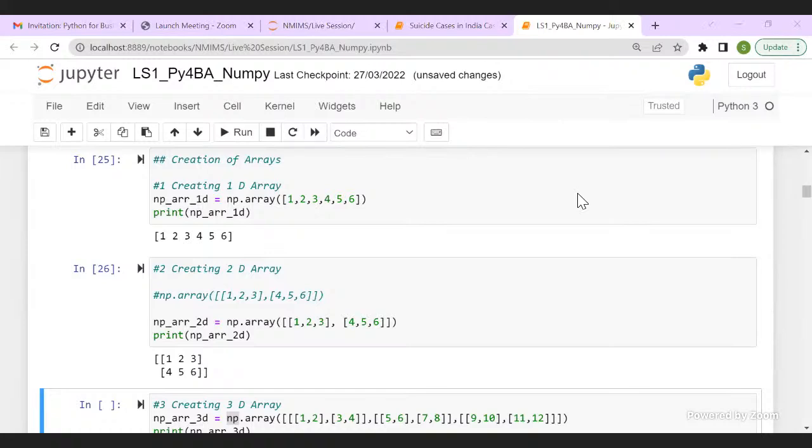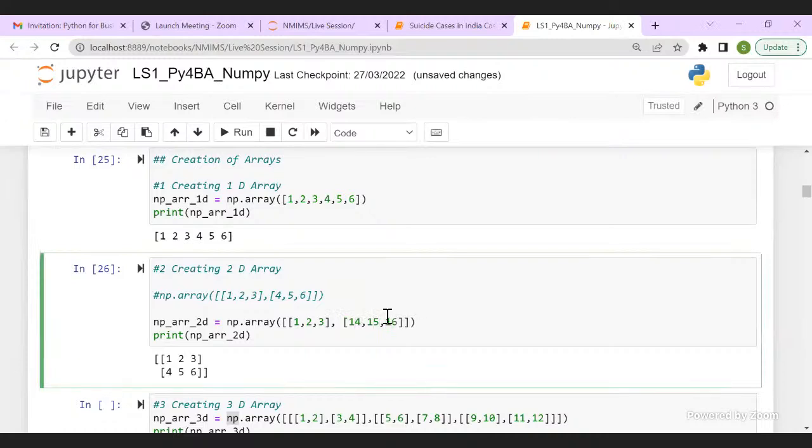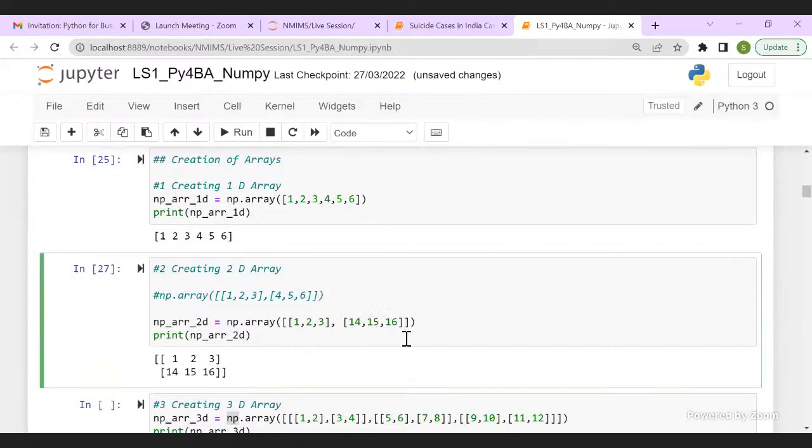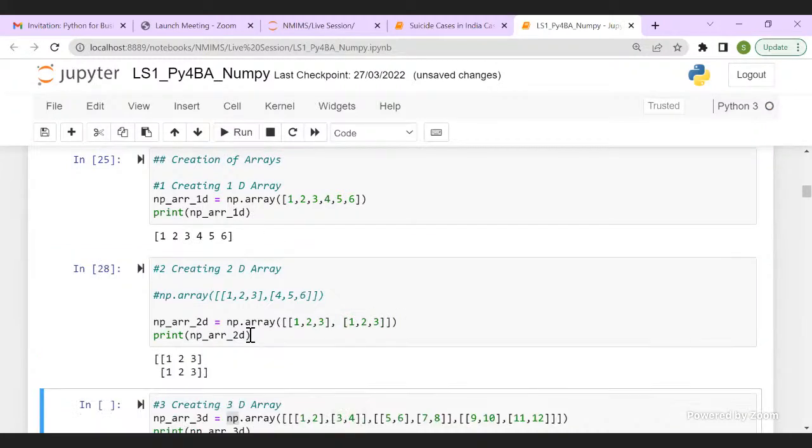Yes, we are sending a nested list. Yes, you can give anything you want. It doesn't matter, beta. It is just data values. Piyush is asking, can we give 1, 2, 3 in the second? You can give 1, 2, 3. You can give 1,000, 2,000, 3,000. You can give 6,000, whatever you want. These are data points, doesn't matter. It can be anything. Yes, Abhinav, you are right. Abhinav is asking, we are basically sending a nested list? Yes, Abhinav, we are sending a nested list.